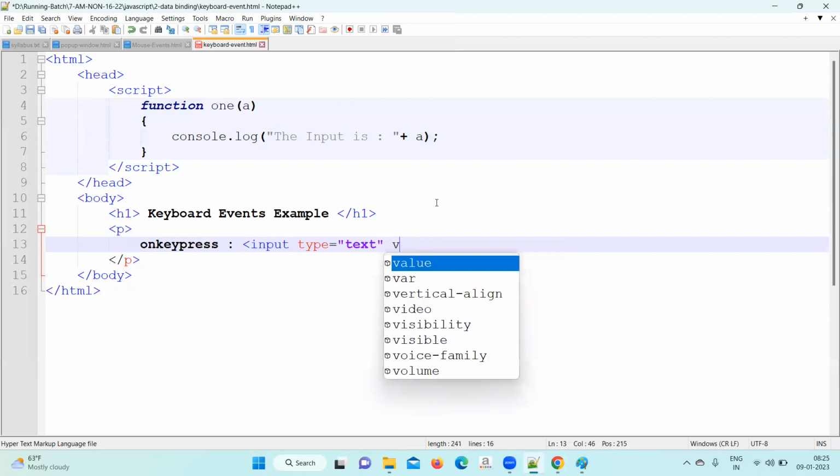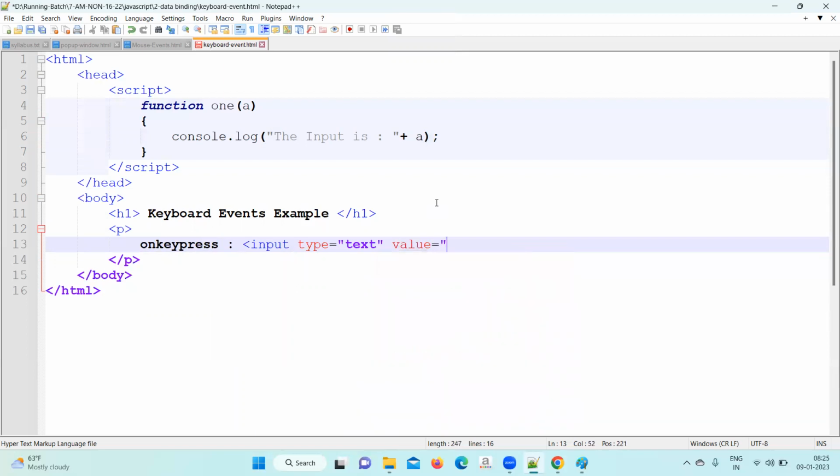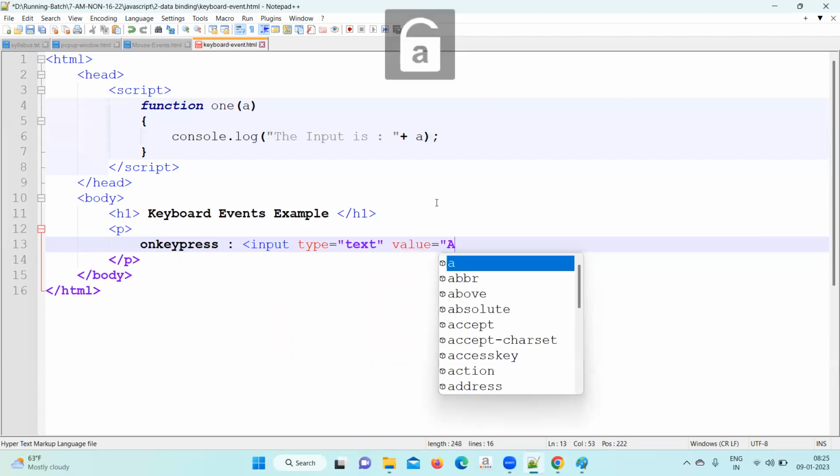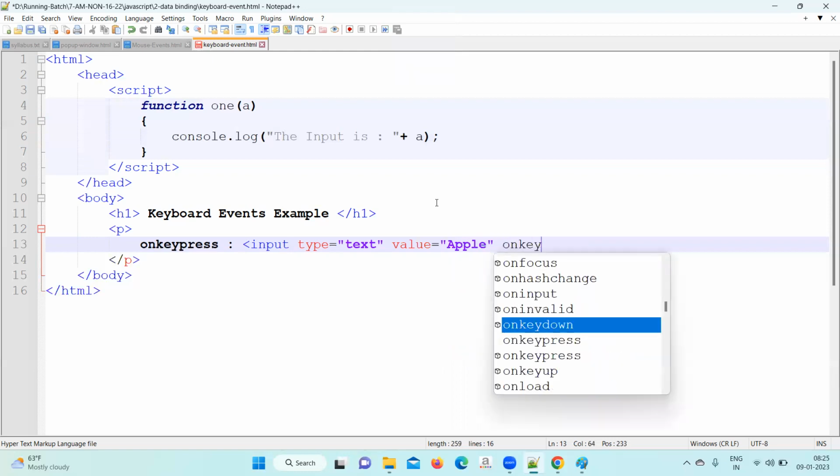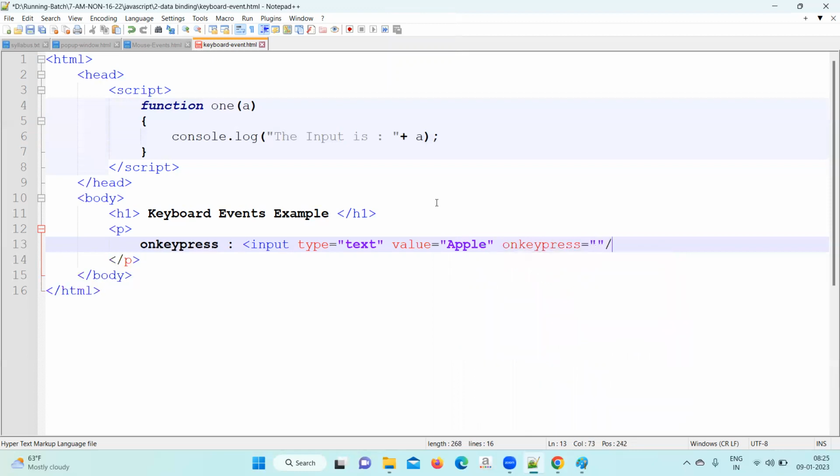Write here property called value equal to apple. On key press equal to